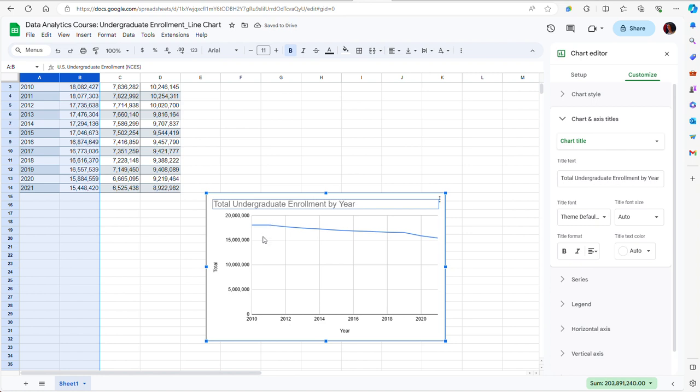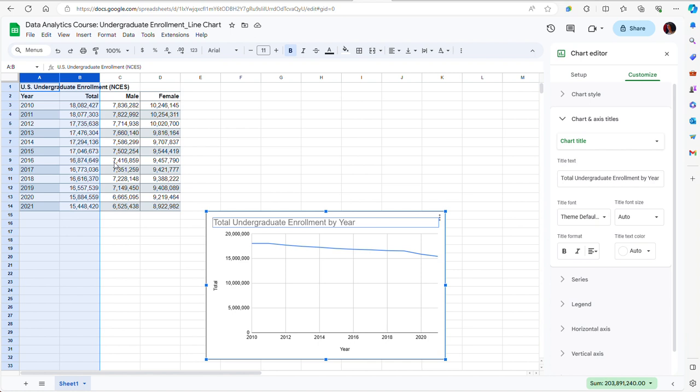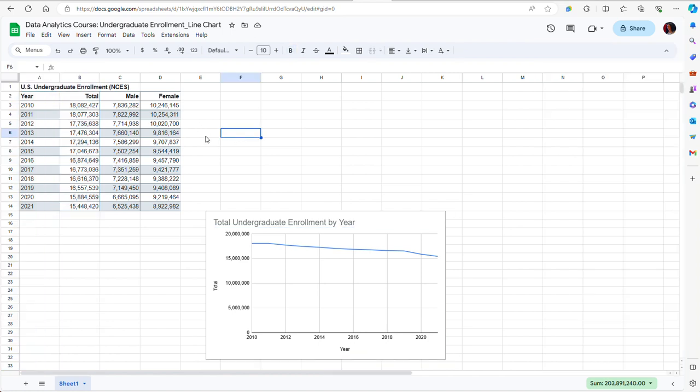And we can see that overall the undergraduate enrollment tends to decrease across time. So over a course of 10 years, it has shown a slight decrease. Now, if we want to break this down by gender, all we have to do is create another one of these tables. So I can simply